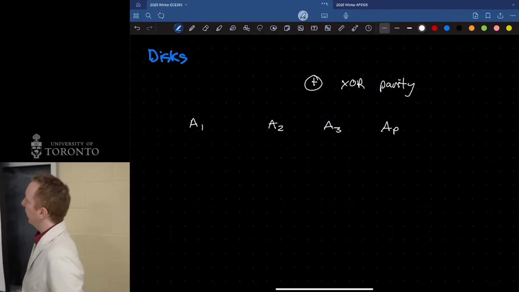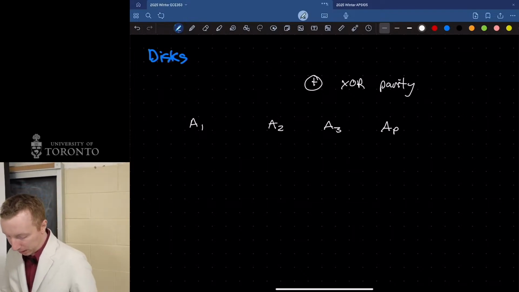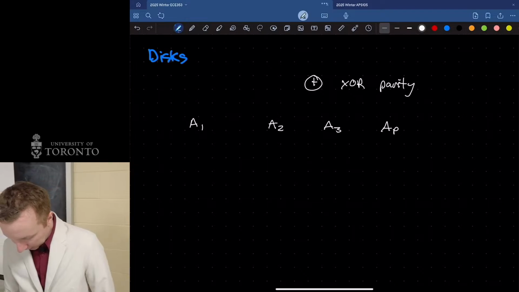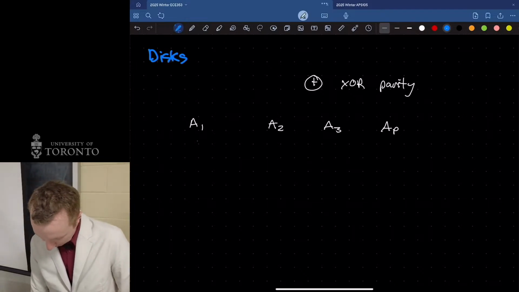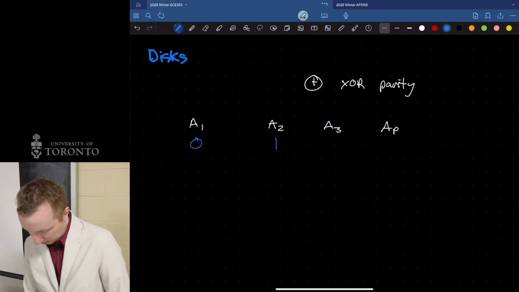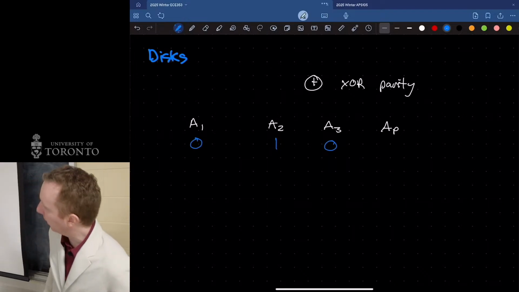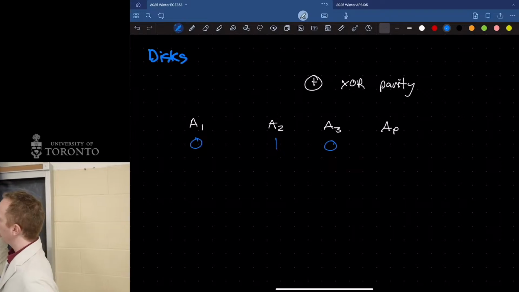For this, I'll just consider single bits at a time, but for bytes, you just do it for as many bits as you have. Let's say for my information on my disks, I have the value 0 in A1, 1 in A2, and 0 in A3. So what I can do for a parity is XOR all 3 of them.